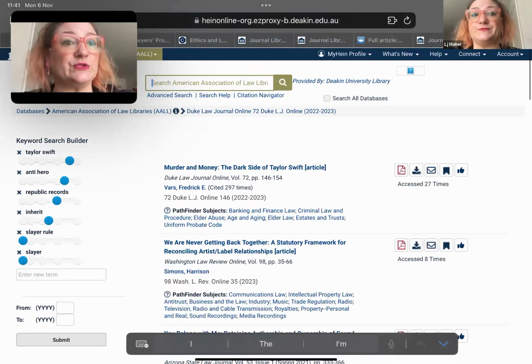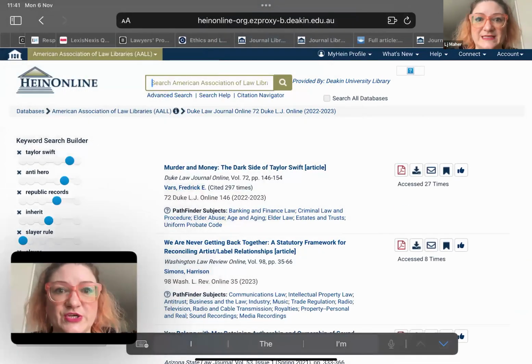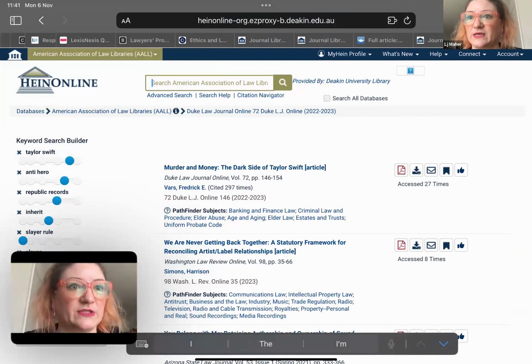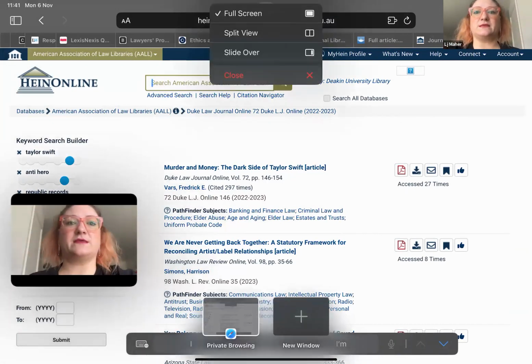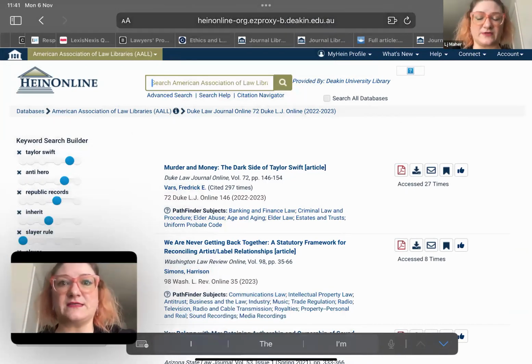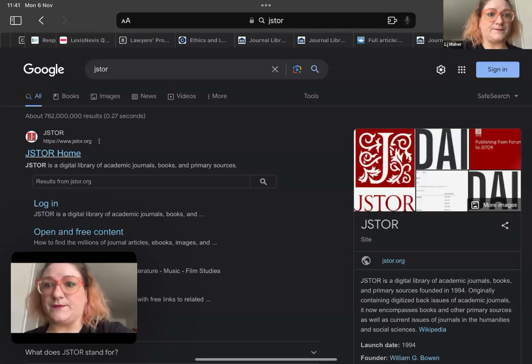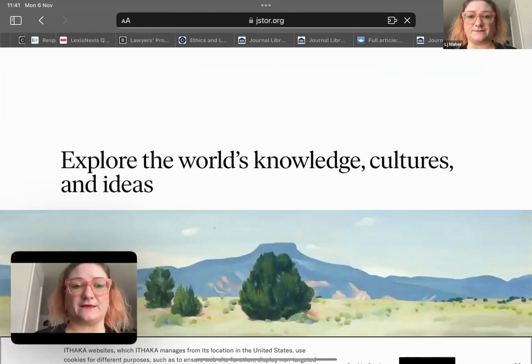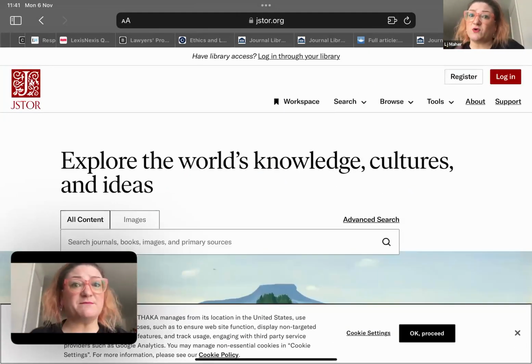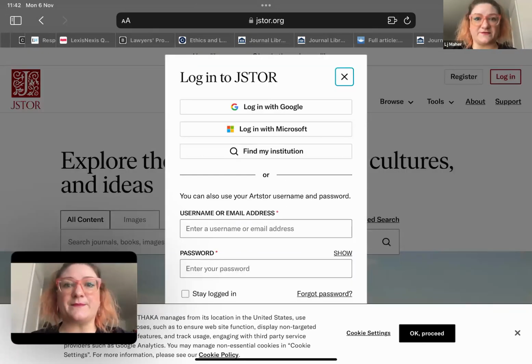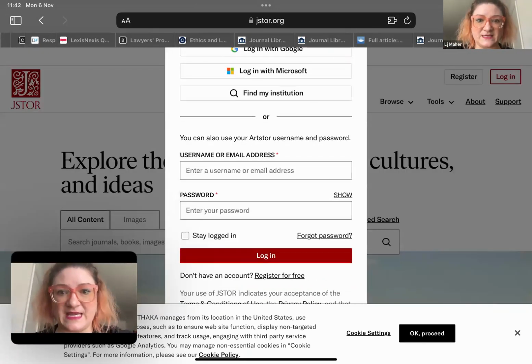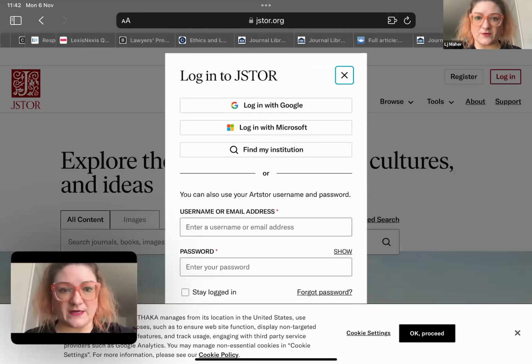Cool, cool. All right. So I just wanted to show you that little capability with Hein Online. The other one that is really useful for this as a research tool is JSTOR. Now, JSTOR tends to be more related to the humanities, but it does still do a bit of legal stuff. So again, we are going to